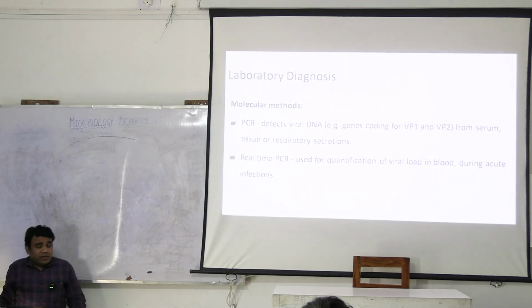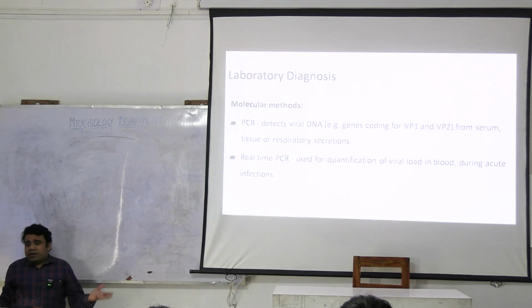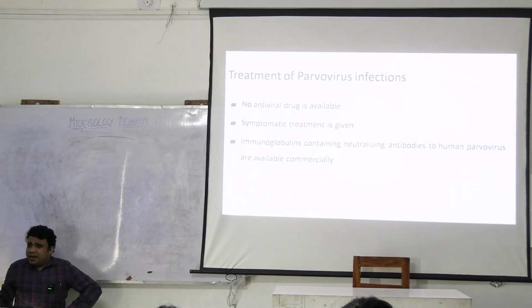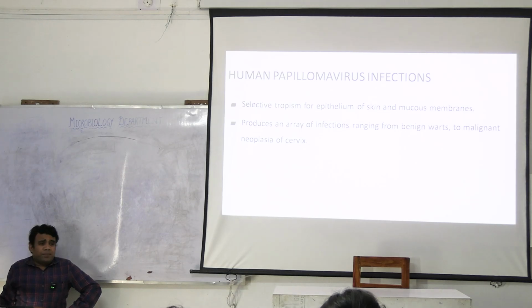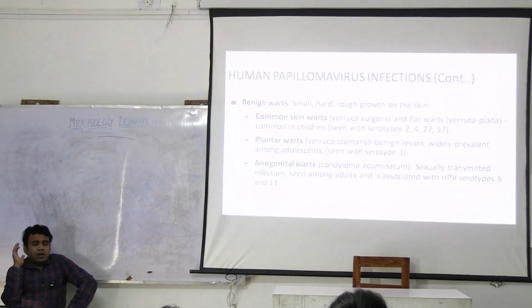Now, detection of this virus, again, most of the time, fifth disease is diagnosed clinically from the appearance of the rash. Definitive diagnosis can be done with the help of molecular methods and antigen and antibody detection. Next type of virus which causes cutaneous lesions is called human papilloma virus. HPV, I think you have already heard. This is more associated with